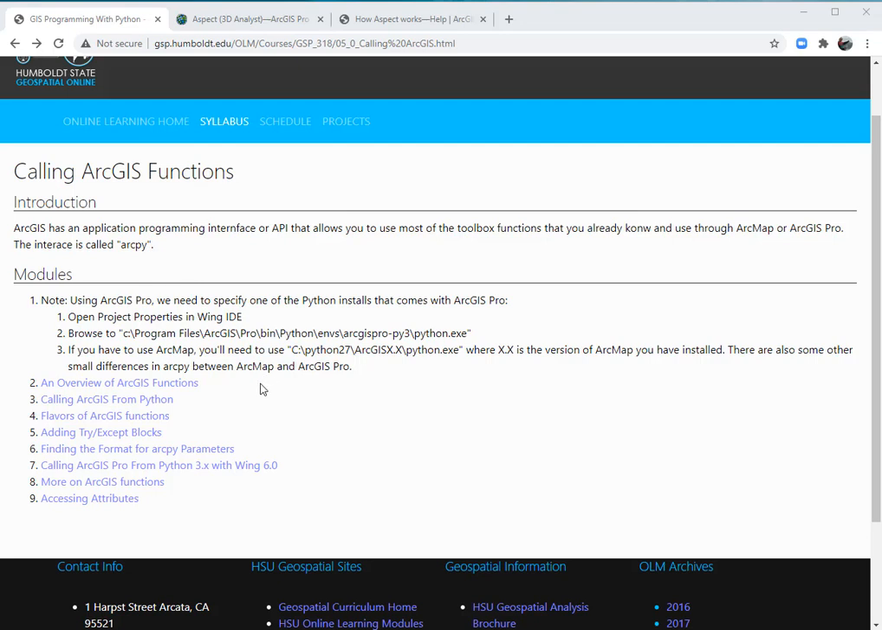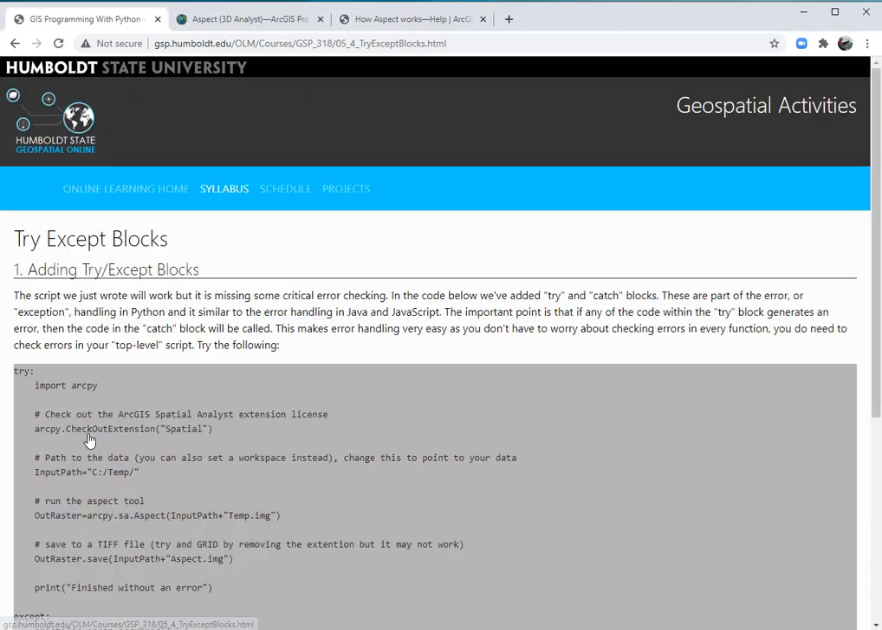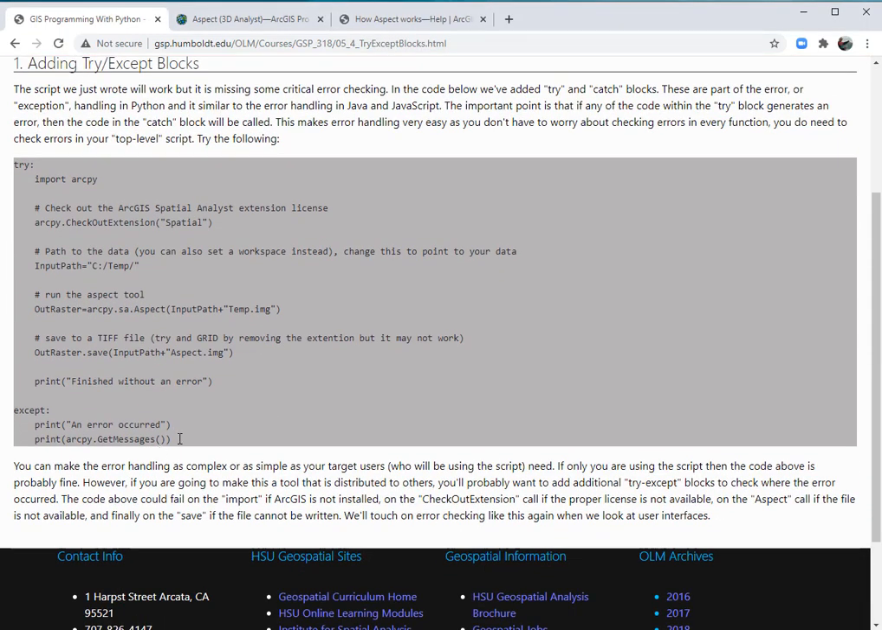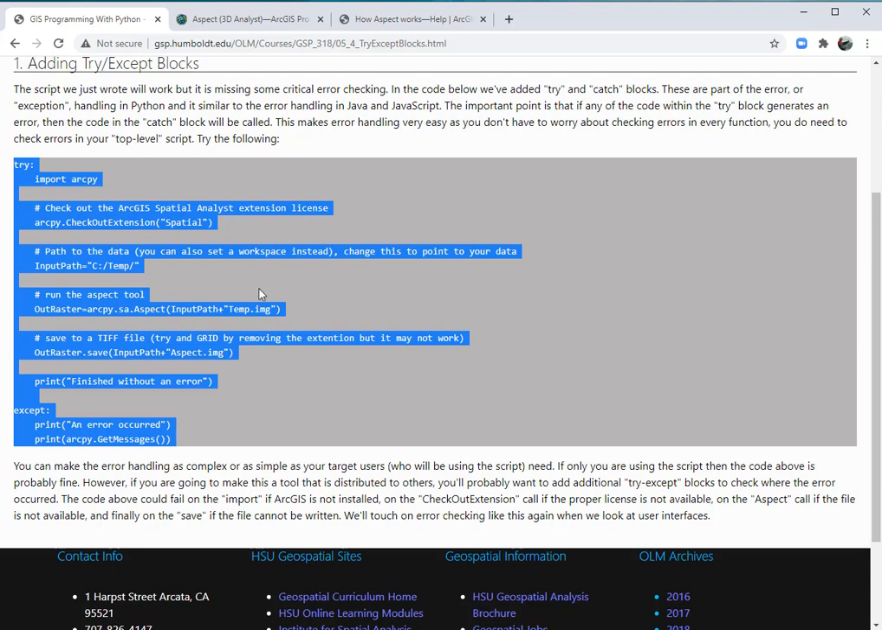Okay, a few more things. First, about handling errors with ArcGIS. Try except blocks are something we haven't covered yet, so we'll cover it now. I'm going to go ahead and copy and paste this code